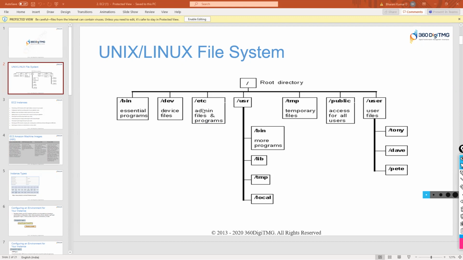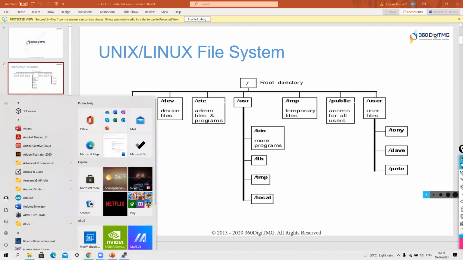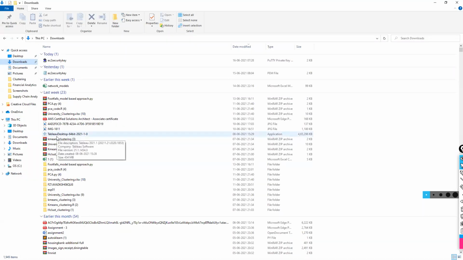Admin files and programs, etc. This USR folder, you need to know about this. Why? Because this is like your program files folder in Windows. If I install anything, just now I have installed Putty, where will it go? When you download, it will be in downloads.